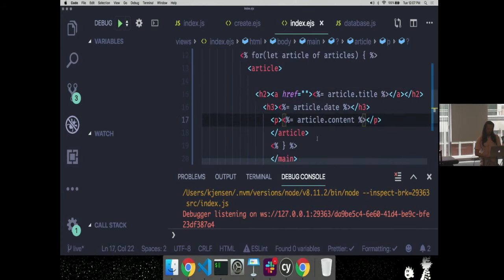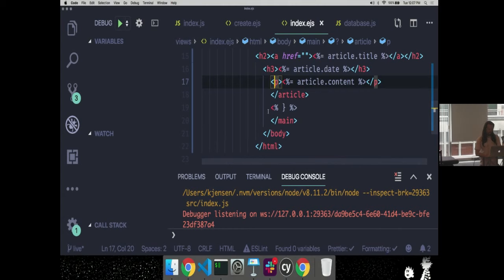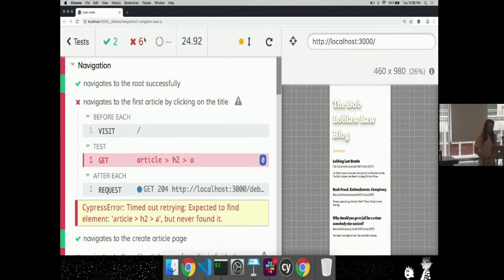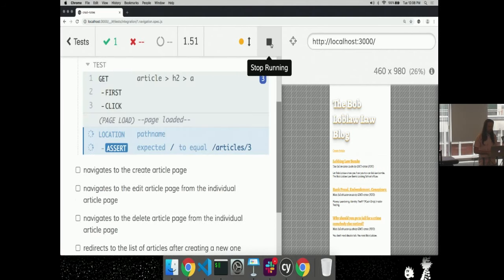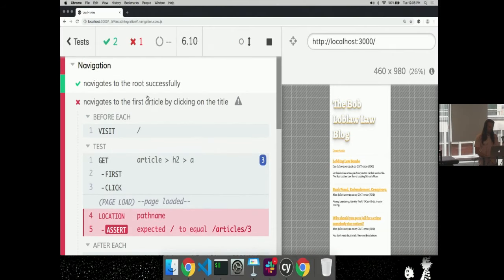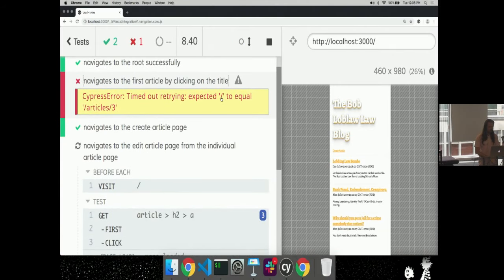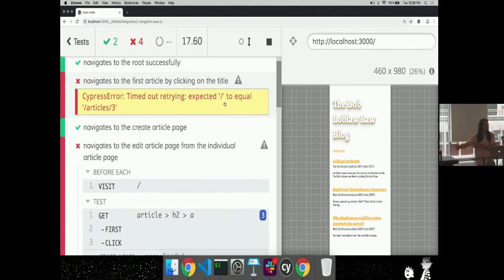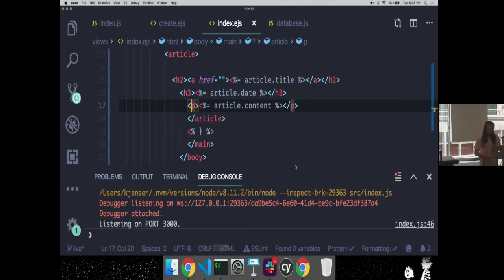So now I have, ooh, it's getting kind of ugly. Okay. I've now given this thing a link, but I need to make sure it goes to the right place, because my test is not going to pass until it navigates to the right location. Even though these things are links that are clickable right now, the test is telling me that it expected to find articles 3, because that's what the link would take us. But what it got instead was /. So it never actually made the transition to that page. So we need to set this up.